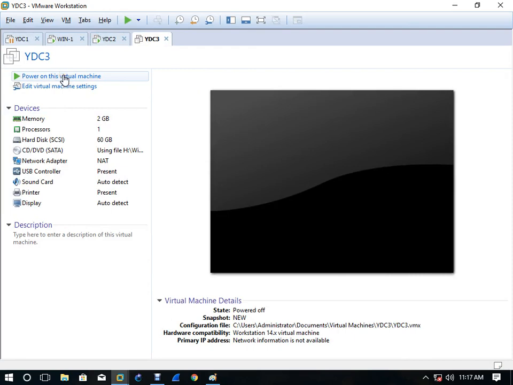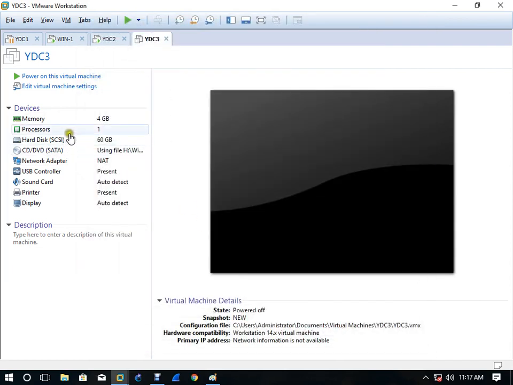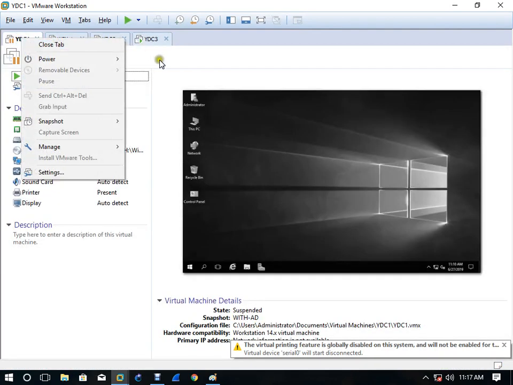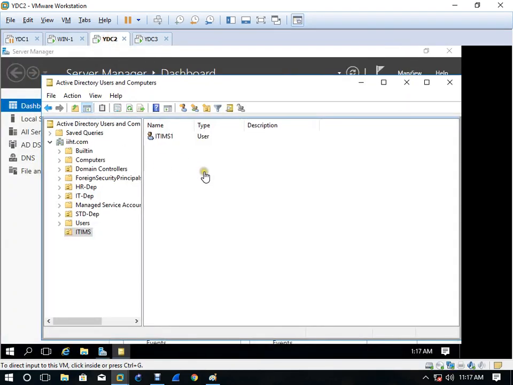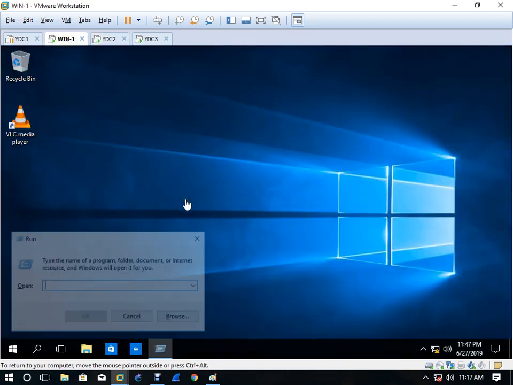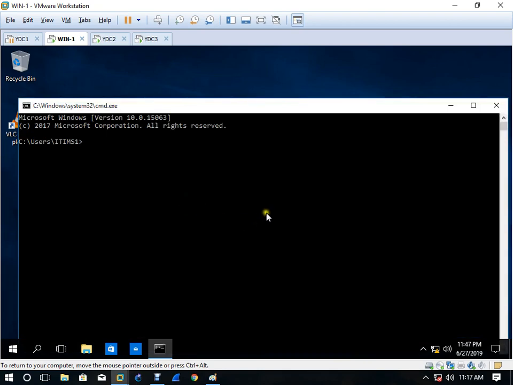Power on, let's give 4 GB. So Yaoundé is down, Douala has taken over from Yaoundé and is operating. Users are able to log in, see here. Everything is working fine, no problem, right?